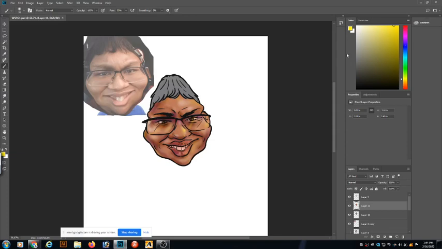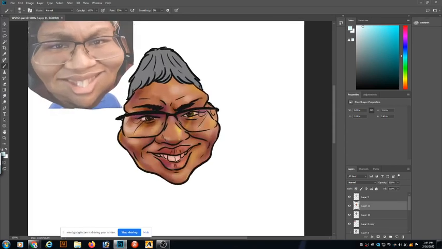I can also use bluish tones for the reflections. I can apply different layers to get more of those glasses effects.